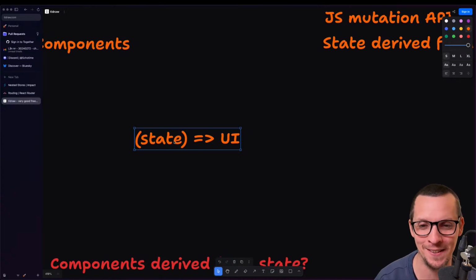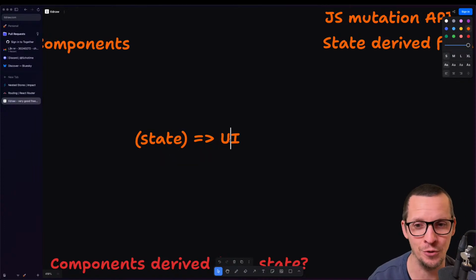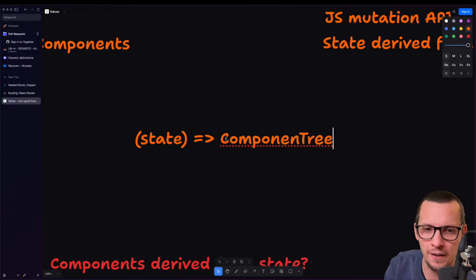You can't think of React as UI being a function of state. But if you have a proper external state store, this suddenly becomes true. It's like state to component tree, or UI.